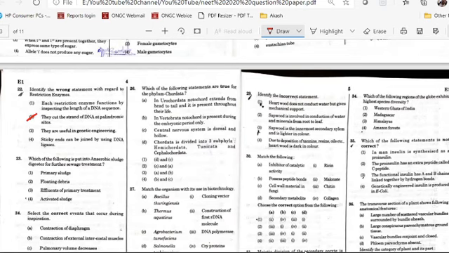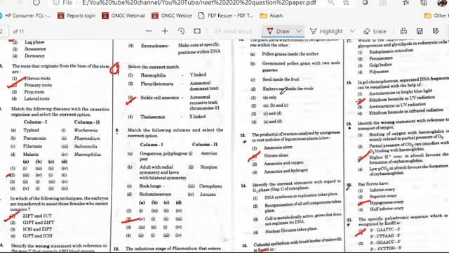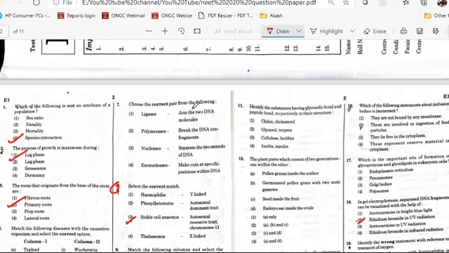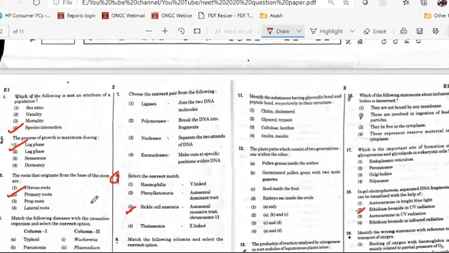So dear students, in this video we discuss the question answer key. You just have to match your answer key with us. At first, in question number 1, the answer is species interaction. In question number 2, the log phase is the answer. You just match your answers with us.